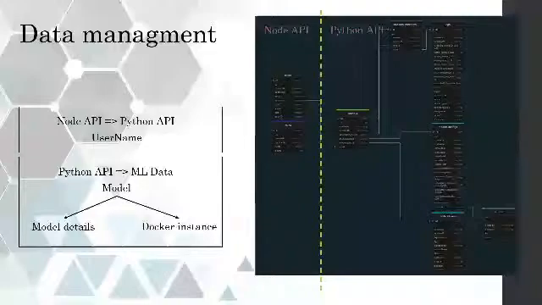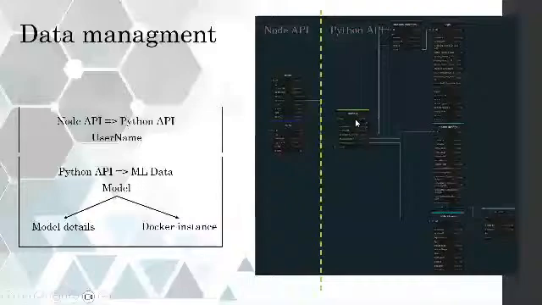For data management, I created some separated collections. You can find here the links between what I call the Node API and the Python API. The Node API part of my database is like a standard application, with a user collection and a role collection, and only the username makes the link between the user and every model related to this user.